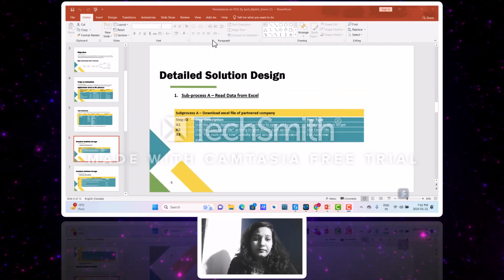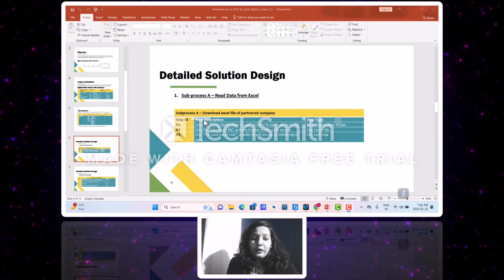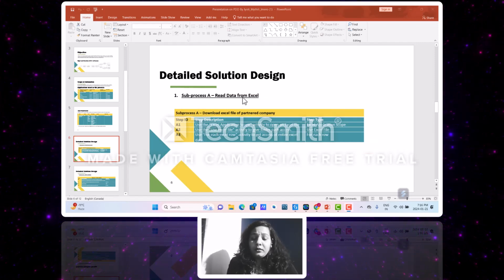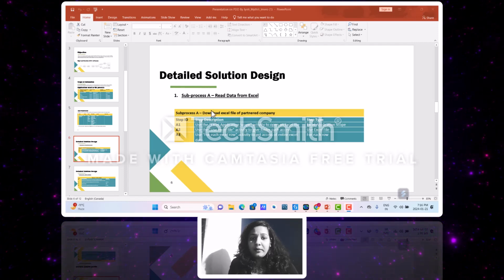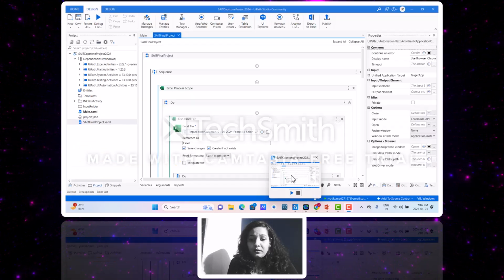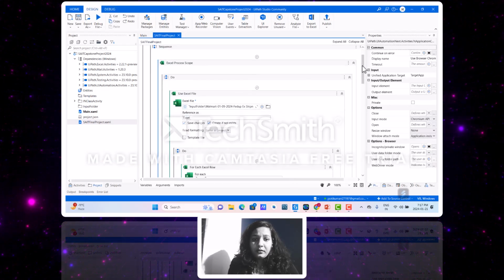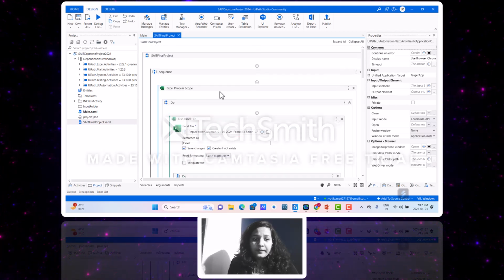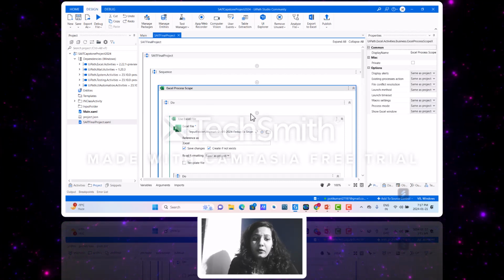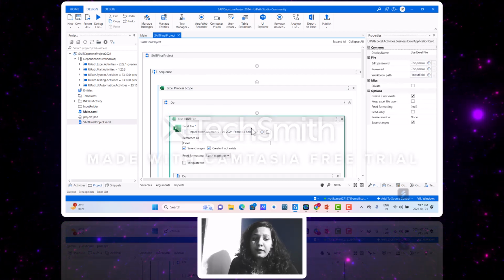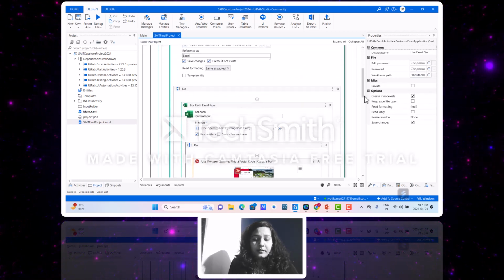In the detailed solution design, we will explain how we will build a robot for this entire process. For this, I will share my screen, UiPath. So here I built a process. First I used the Excel process scope, and inside it I used Use Excel File, and here I give the path of the Excel file, and then For Each Excel Row, which allows you to access the